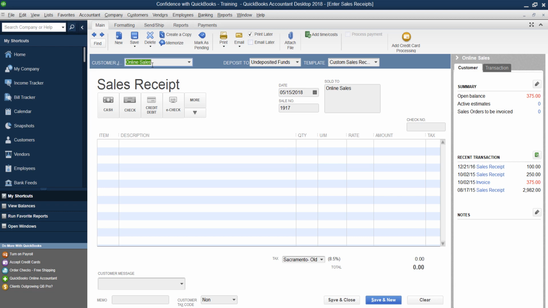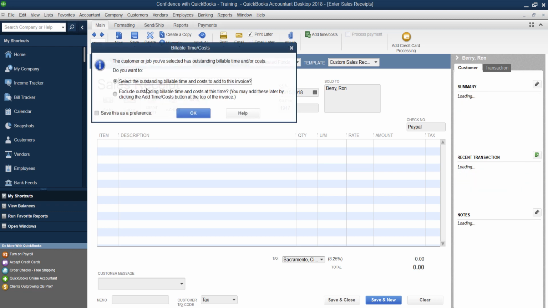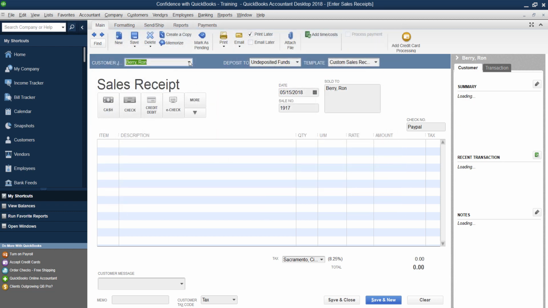I offer two types of payments: Stripe, which is a merchant provider, and PayPal. PayPal, when you use them, they basically do one transaction at a time inside PayPal. Inside Stripe, they do batches. So depending on what type of merchant provider you're using, you'll have different techniques that you want to do. So if you're just doing one-off, want to track all your individual customers, you would pick your customer's name.